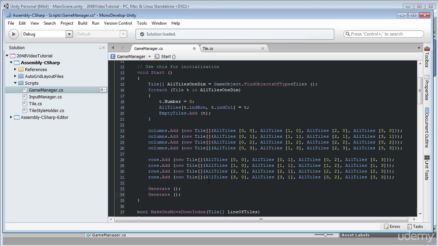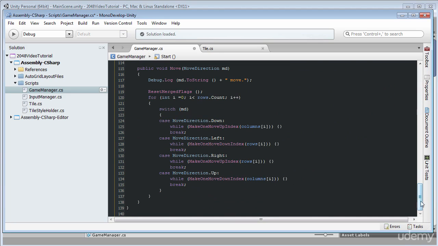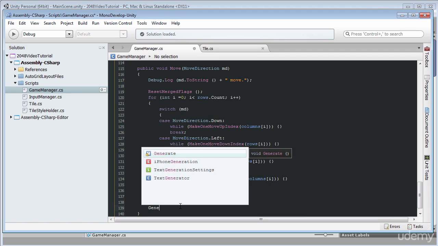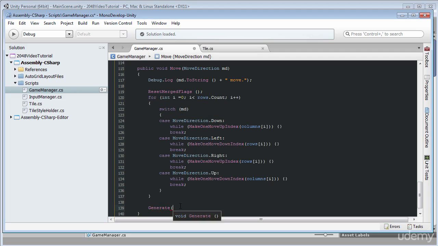And next I will go to our move method. After we have made a move, we would also like to generate 1 tile. So I will go to our move method, and in the end I will insert this generate method. So this is almost it for our automatic tile generation, and now I would like to switch to fixing the